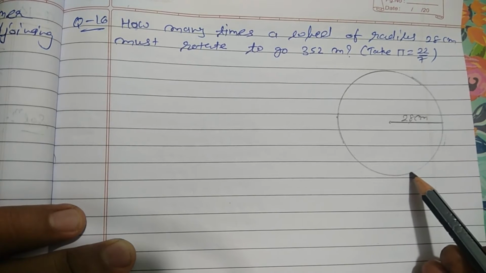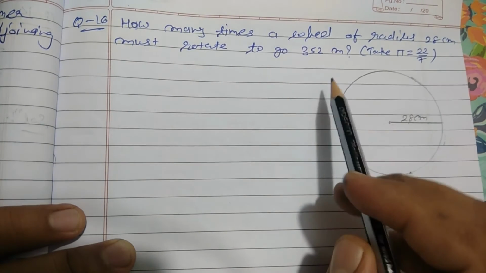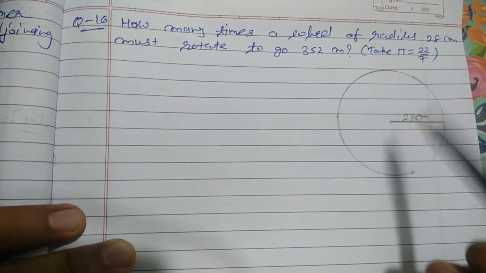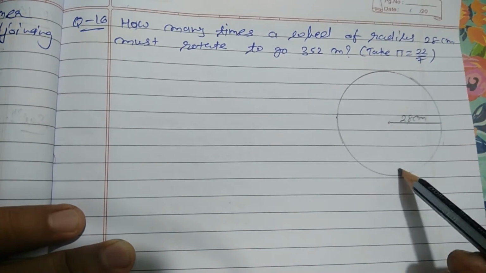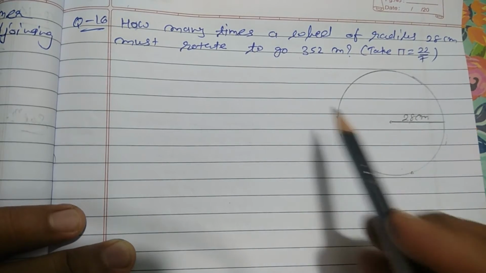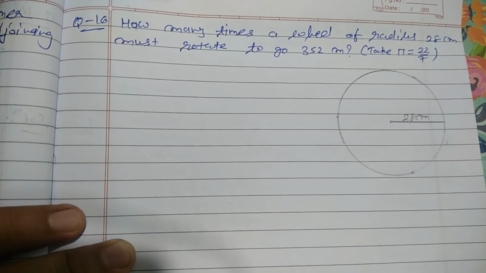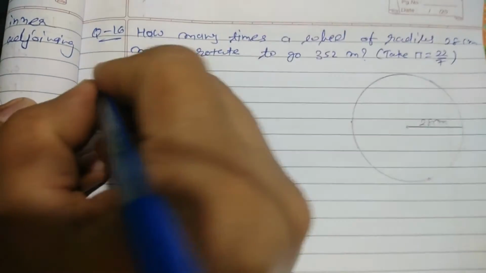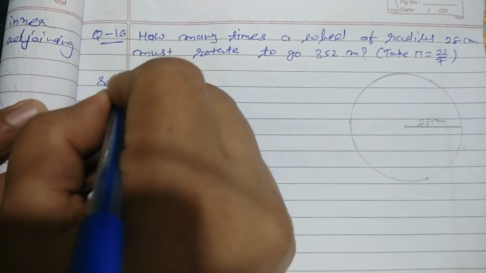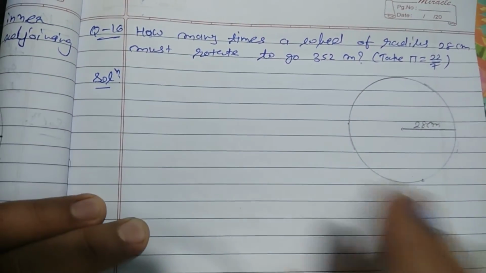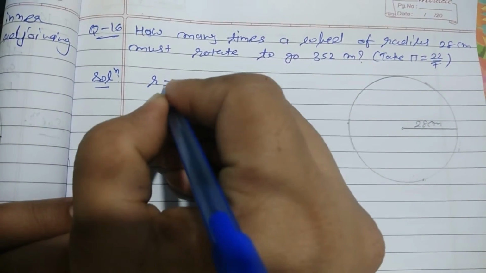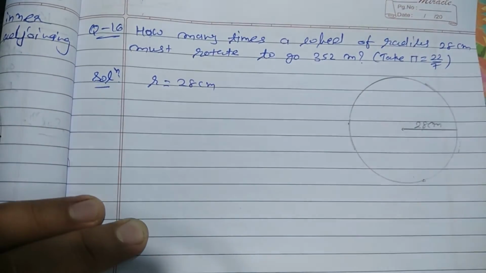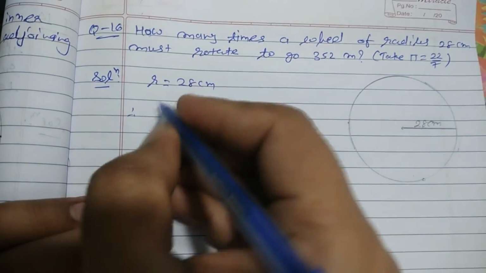After that, what we have to do? We have to divide the distance by this circumference, so we can get the number of rotations. So here we will start the solution. Now here the radius is given, that is equal to 28 centimeter, and therefore